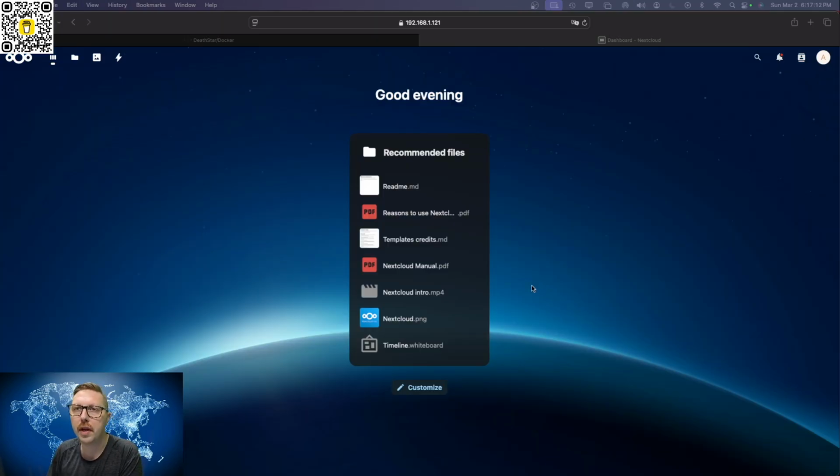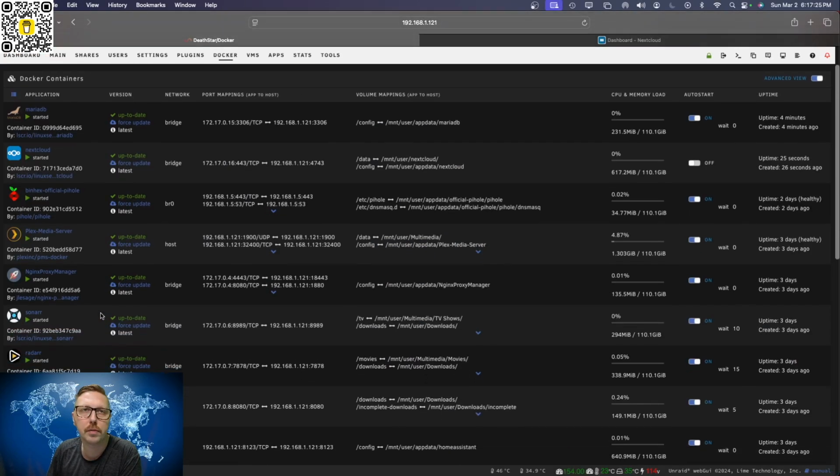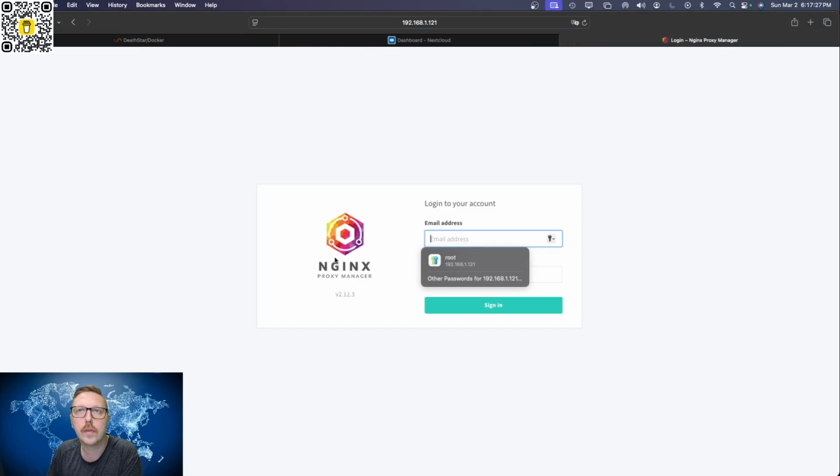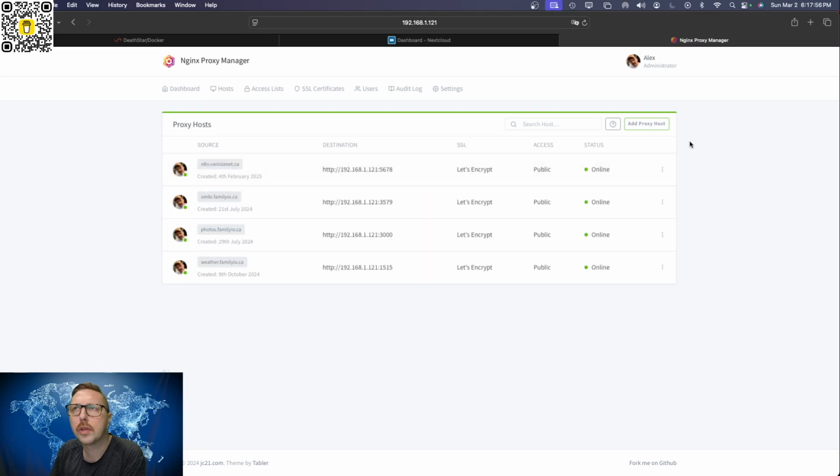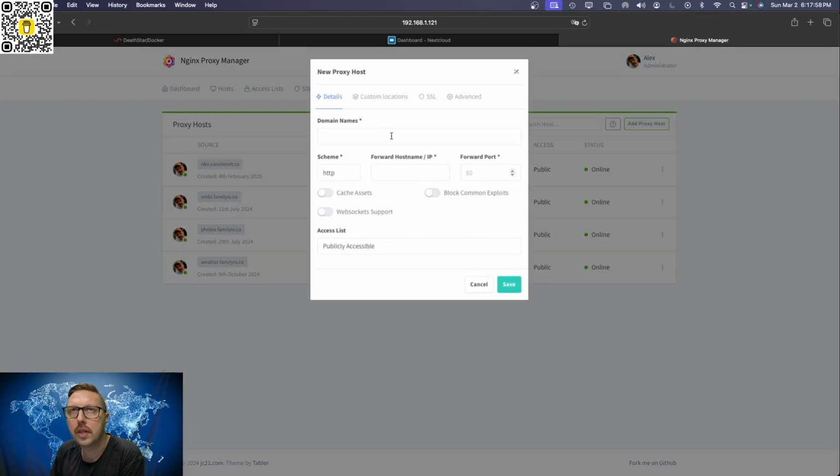All right, so with Nextcloud up and running now, what we need to do is make it accessible from outside of our home network. So for me, I'm going to be using my reverse proxy. And I'm just going to add a proxy host, and I've already set this up on my web host. So I'm going to do